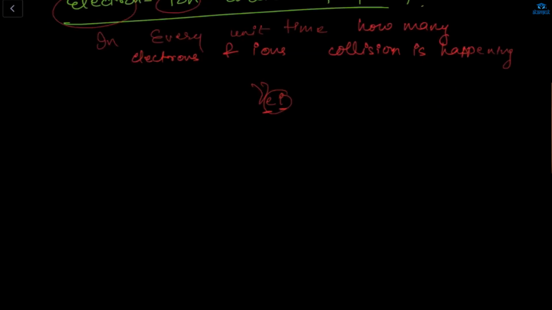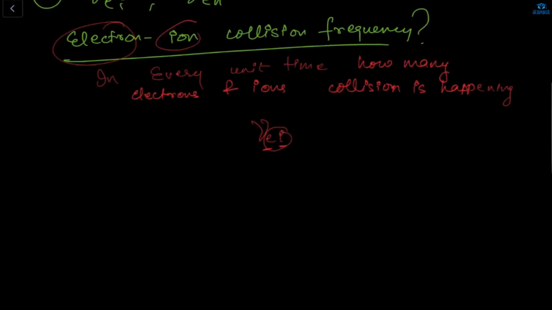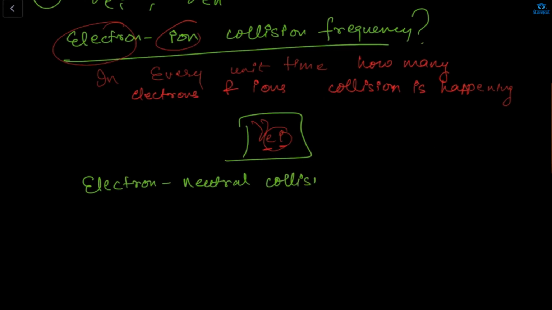Okay. Now, one more term is here: what is electron neutral collision frequency? Can you please tell me the formula or the notation for electron and neutral collision frequency? It's the same as electron ion. Arham, Razi, it should be what? E and what? Come on, fast. Here E and I, because electron and ion collision is happening. Here E and yes, N, because electron and neutral collision frequency is happening.